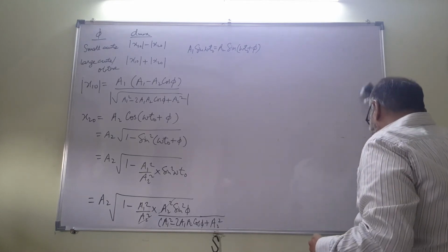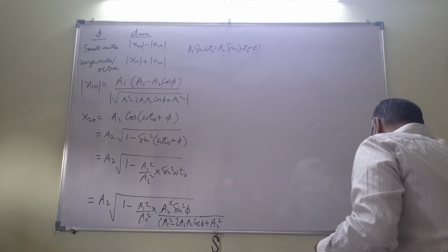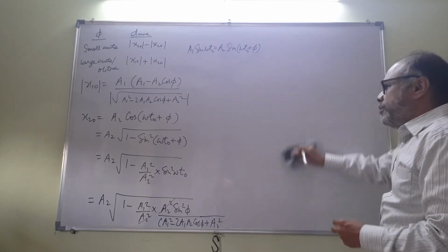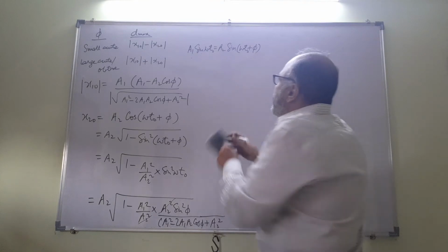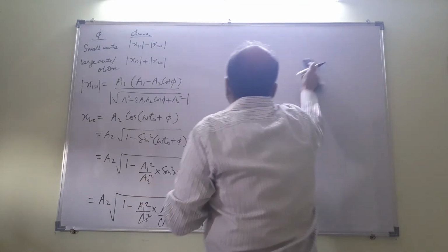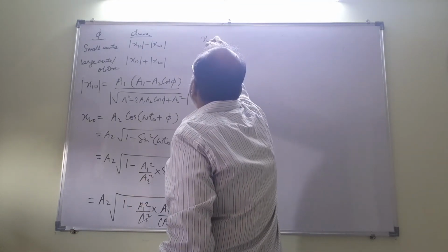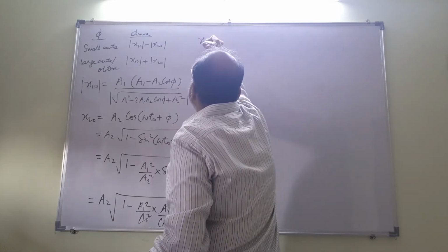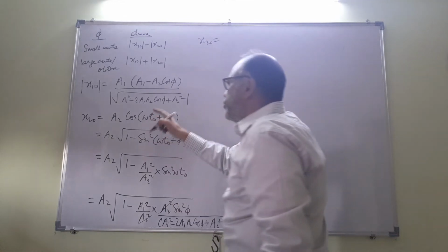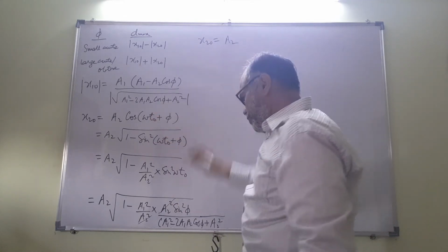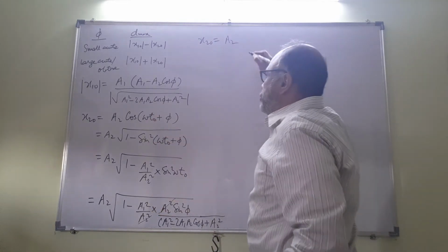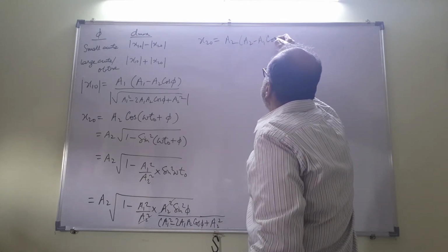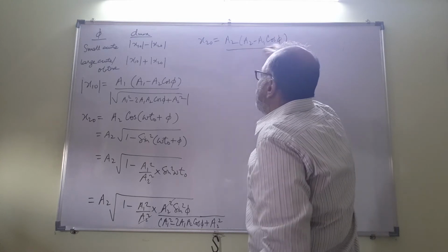So let's directly write it. You can work it out and verify it if you like, but I am going to directly write x2 naught is equal to a2 into a2 minus a1 cos phi divided by